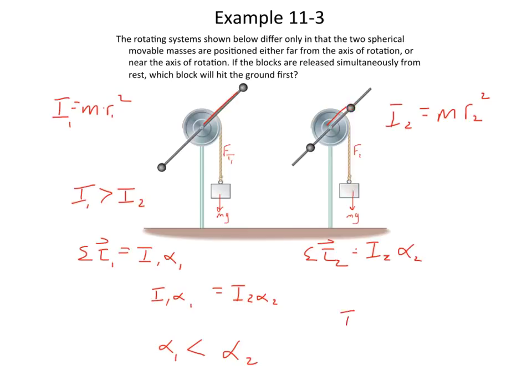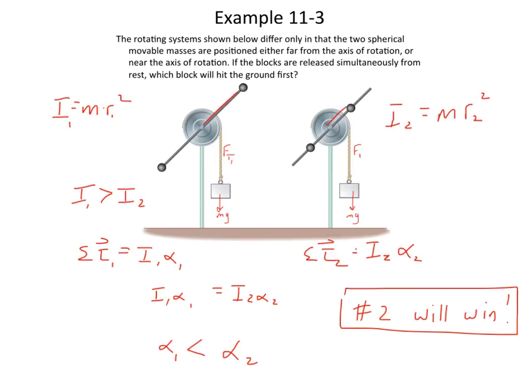So number 2, I'm so used to writing I's. I tried to write a number and I wrote an I. Number 2 will win, because it will wind up having a greater acceleration, and therefore that mass will hit the ground first. So this is more conceptual than anything else,